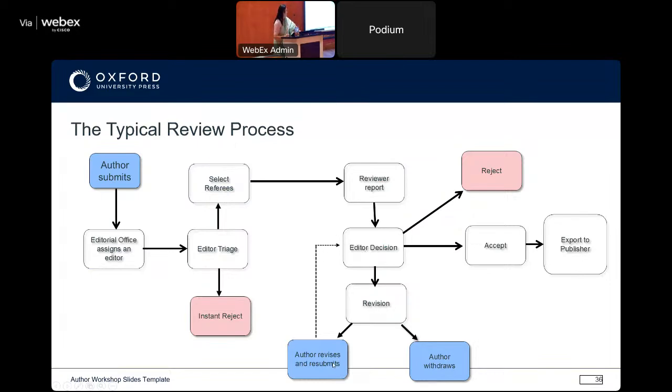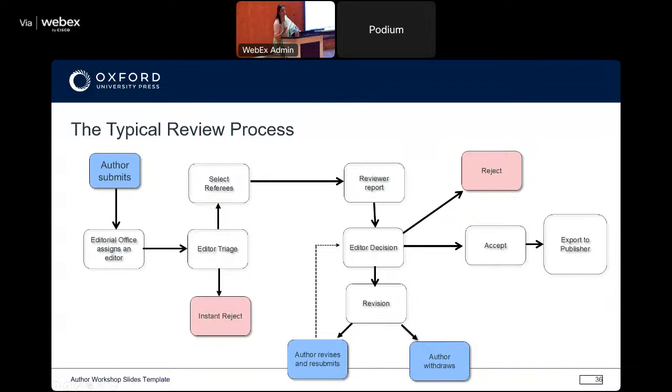The editor might send it back to you to make a few changes. It is your choice to make those changes and give it back, or your choice to withdraw your research. That's completely your choice. The editor might reject it after reading the report, but I would want to go this way: the editor accepts your work, and it comes to the publisher.